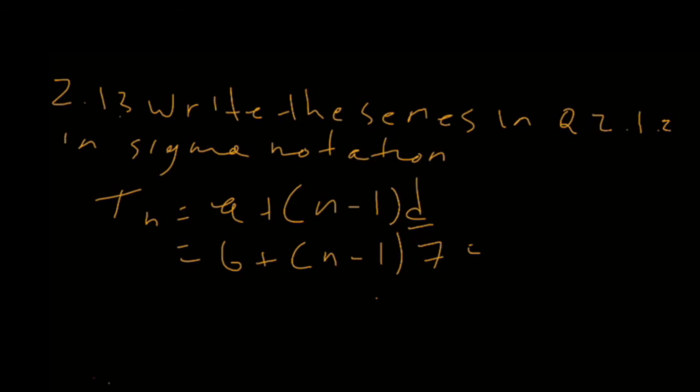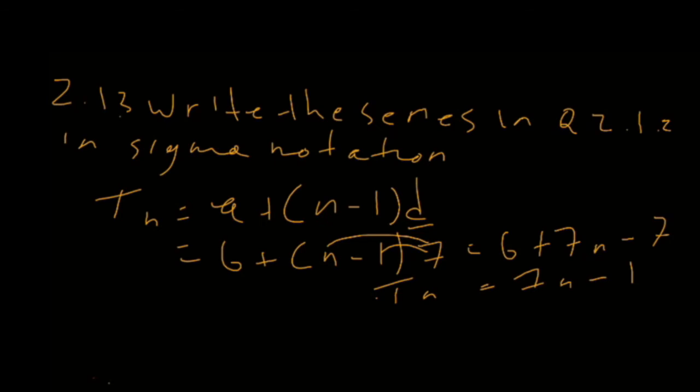So let's try to simplify this first, which is, if you simplify it and we distribute the 7 to the n and to the negative 1, we have 6 plus 7n minus 7, which means Tn equals 7n